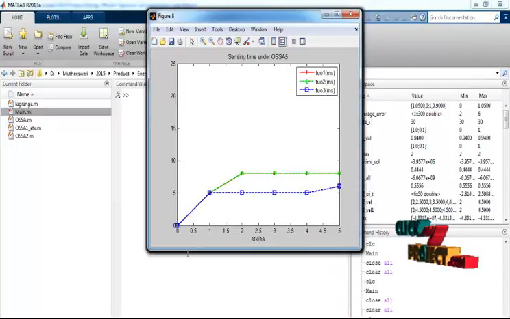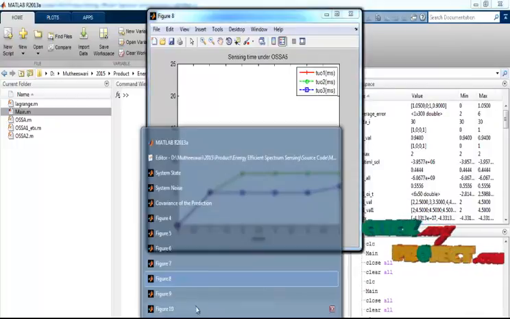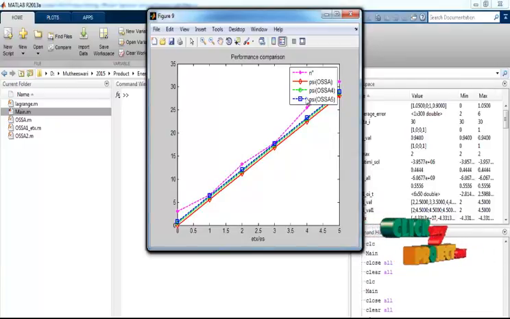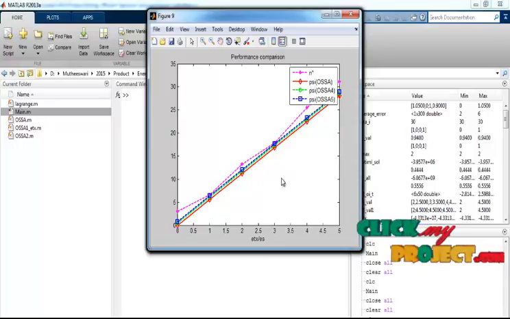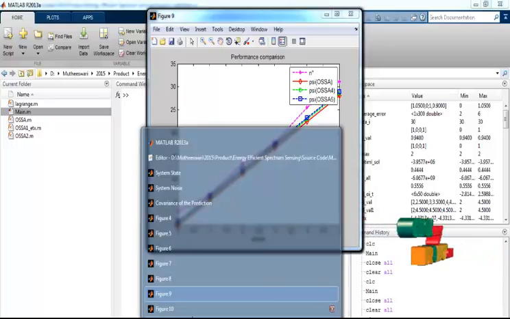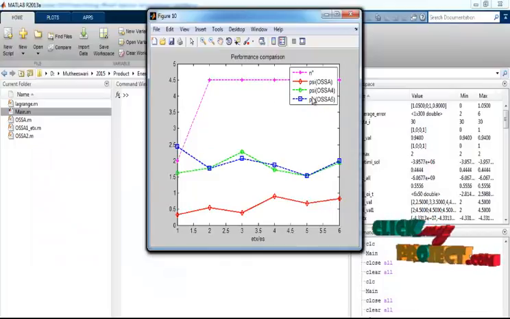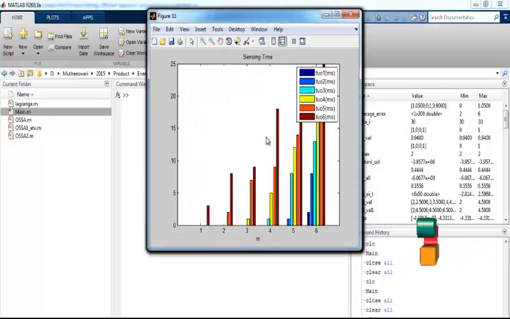This is the sensing time under OSSA 5, where the sensing time for 3 channels is obtained. This is the performance comparison for OSSA, OSSA 4 and OSSA 5 approaches, and here the performance comparison for various approaches has been calculated. Also the iteration level has been calculated for various SNR values, and this is the sensing time for